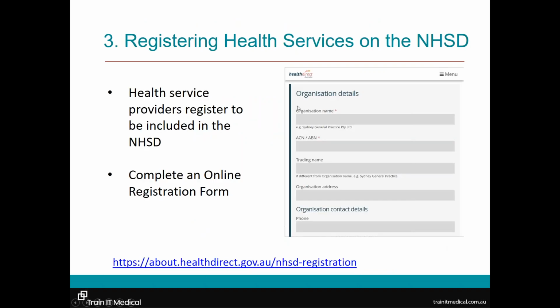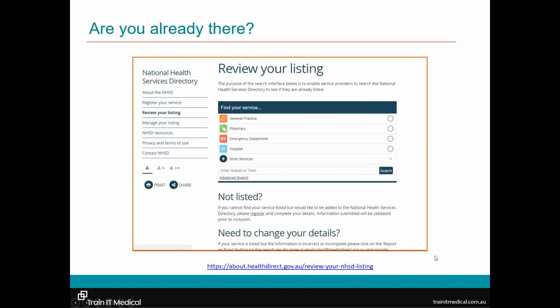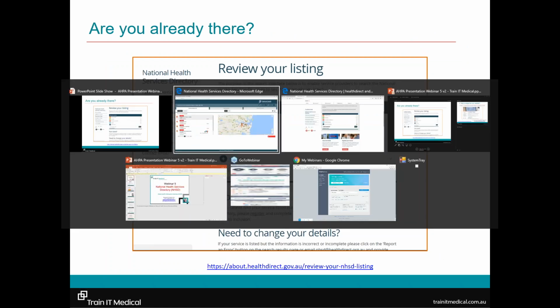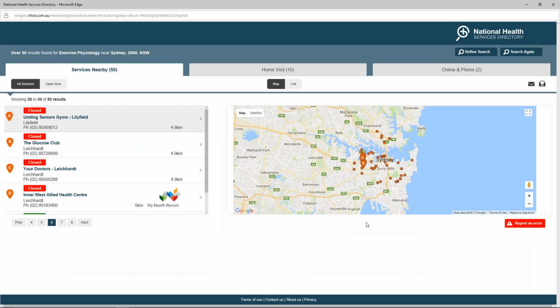So ensure you are on the National Health Services Directory and your information is accurate and up to date. So to register, here's the link. Fill in the online registration form. Have a look first and see if you are in there. When you complete the online application form, you will see the process. I'll just go to the live site. Okay, so